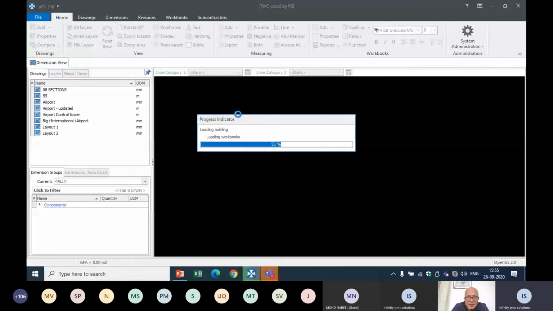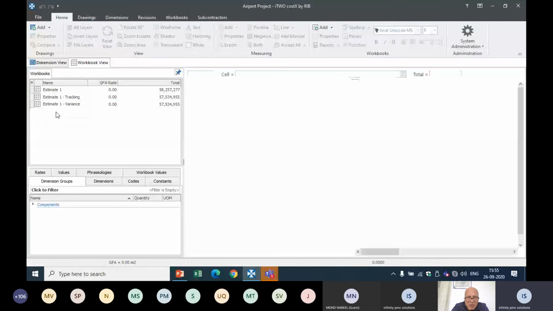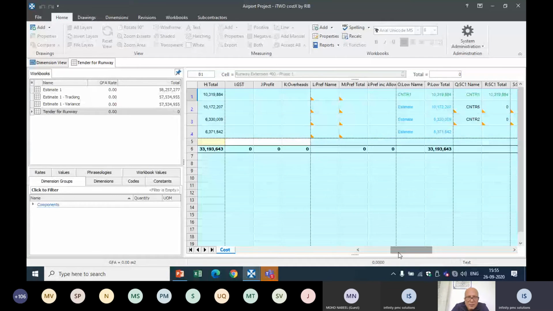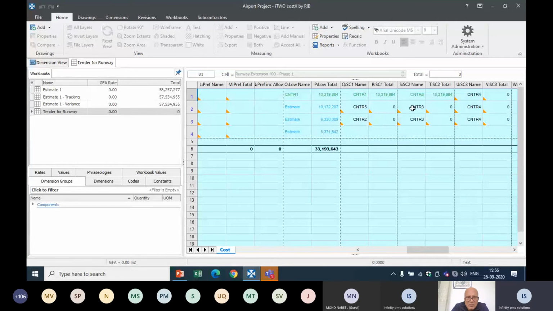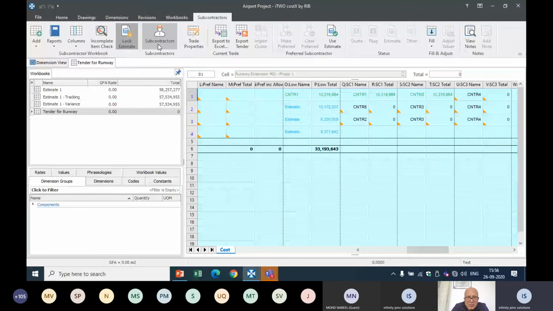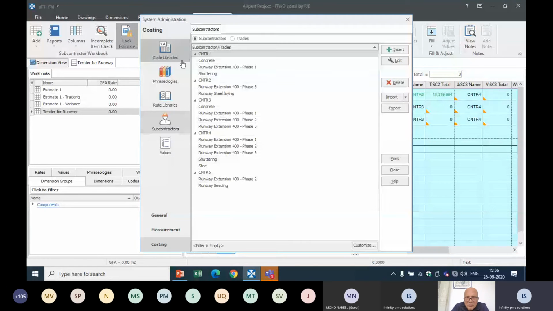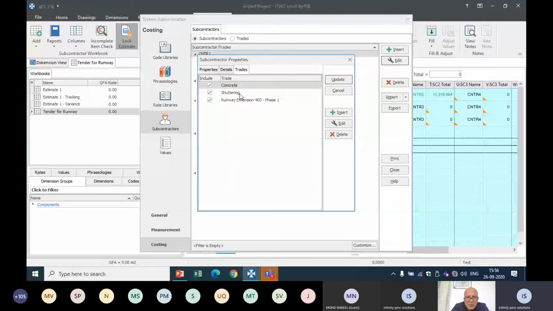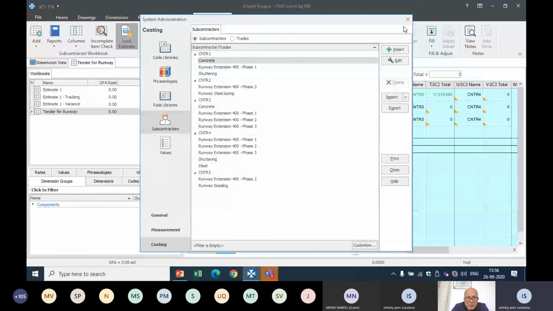I'll open the project and open the contractor comparison. Say I have not taken all trades, so I have bifurcated only the runway. Here you can include your contractors. For the particular trade's rates, you can import their names for however many contractors you have. The database will be maintained in Costex here. When you want to see the contractor list, you can go and see, say, contractor one: their position, their mail ID, details, and what trades they are dealing with. Update. So this is about the contractor database.